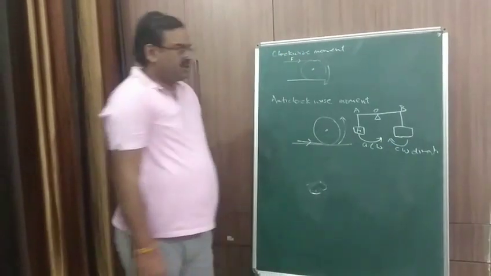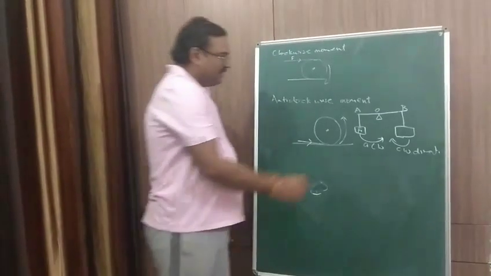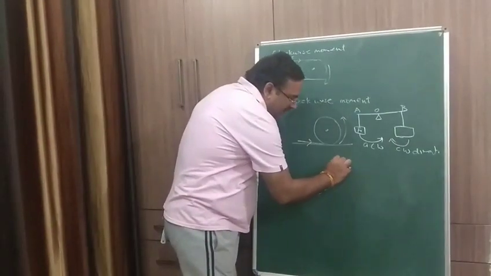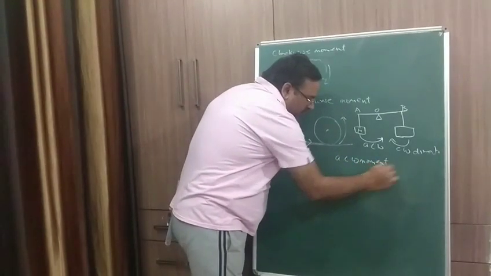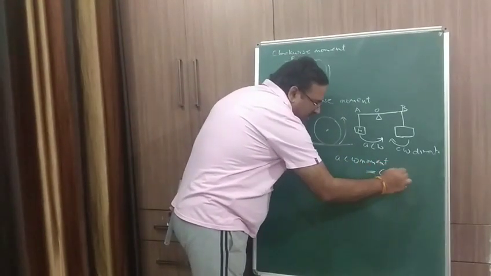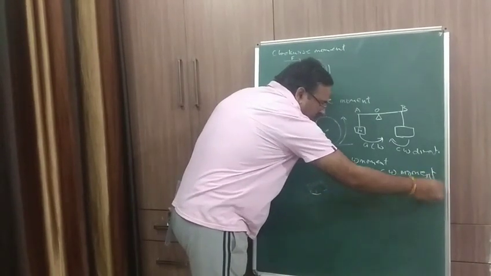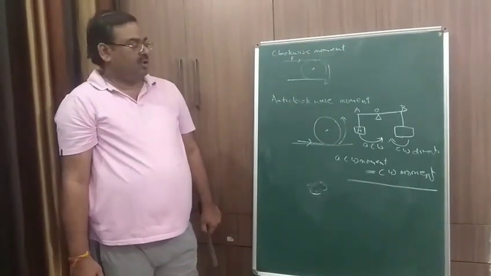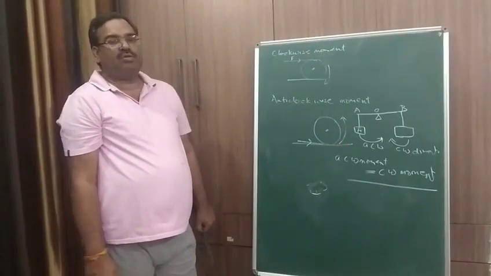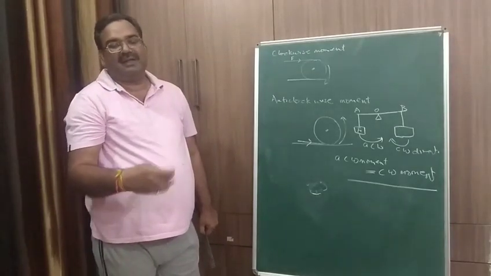So these two will balance, or will set up an equilibrium, only when the anti-clockwise moment is equal to the clockwise moment. Anti-clockwise moment is equal to clockwise moment. This is also known as the principle of moments. I will be explaining it again when I explain the principle of